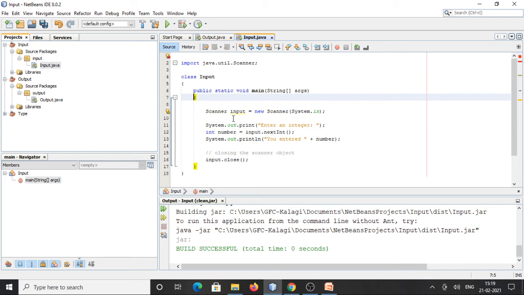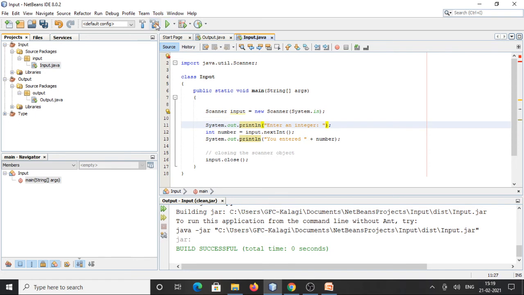Scanner input = new Scanner(System.in) and System.out.println("Enter an integer"). After that it takes input with the help of input.nextInt() and System.out.println("You entered"). And at the end this input has to be closed.